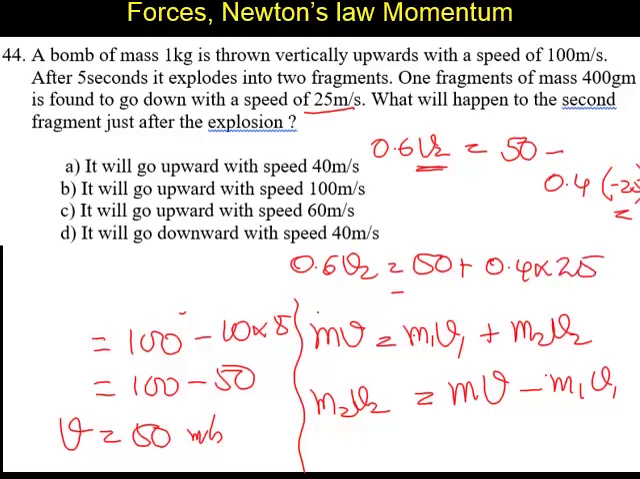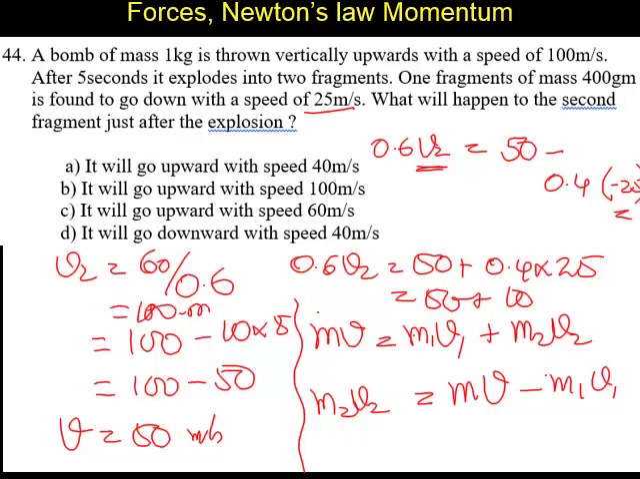So this is 50 plus 10, 60. So v2 equals 60 divided by 0.6. So 60 by 0.6 is going to be 100. So the velocity of the second fragment is 100 meters per second and it should go upward. So the answer is B, the correct answer. So that is question number 44. Now let us go for the